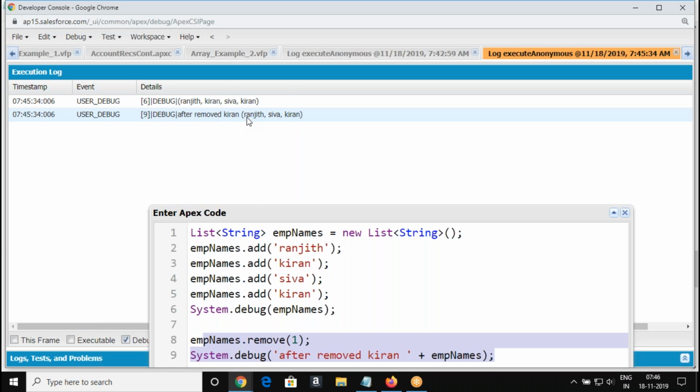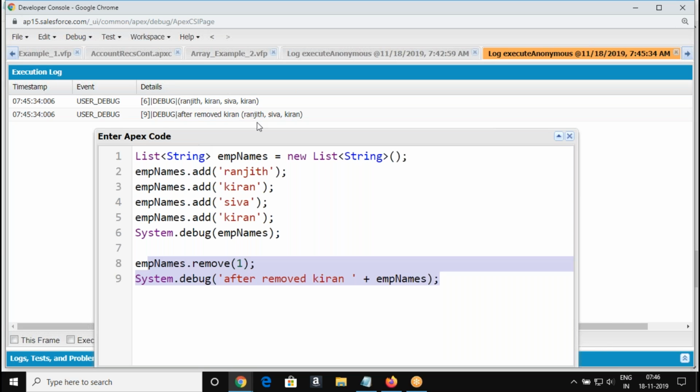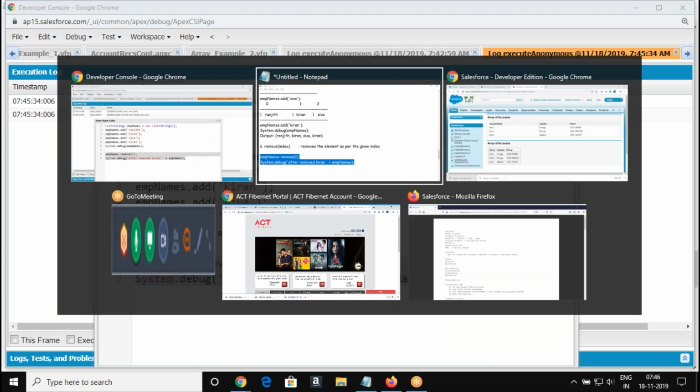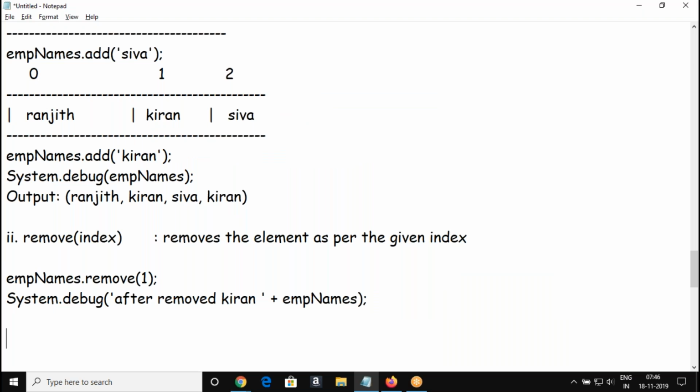The memory is allocated for the list only for the elements we have, right? We don't define the size actually. So it automatically increases the size as you add, and reduces it as you remove elements. You got this?